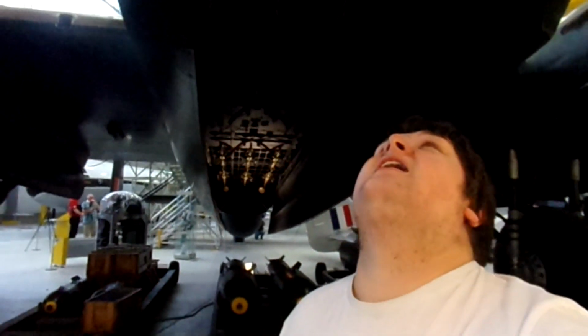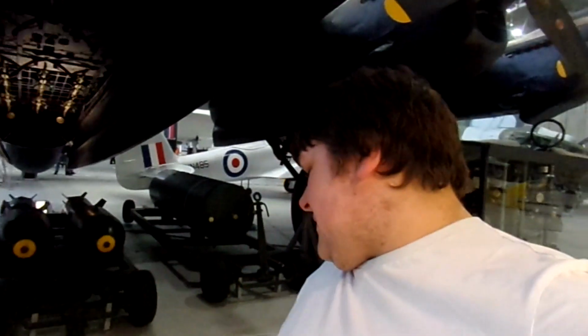Okay, here above me, not underneath me. I'm underneath it. Behind me here is the Avro Lancaster. This is KB889. This aircraft was one number of...